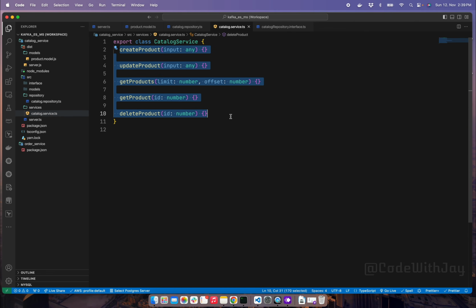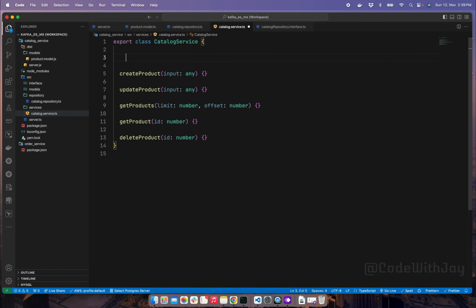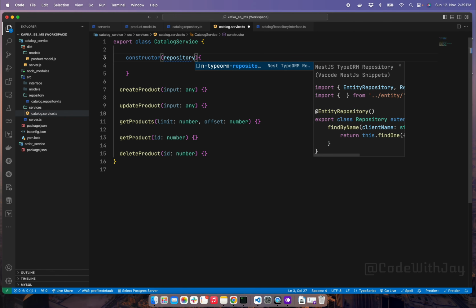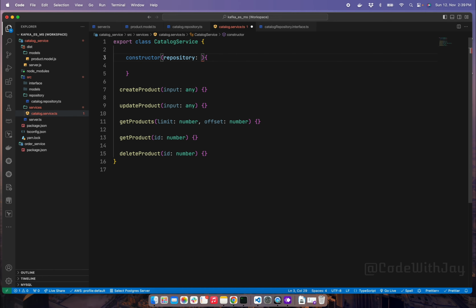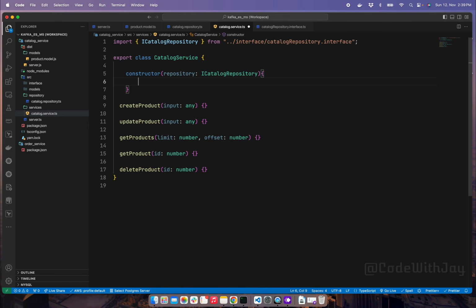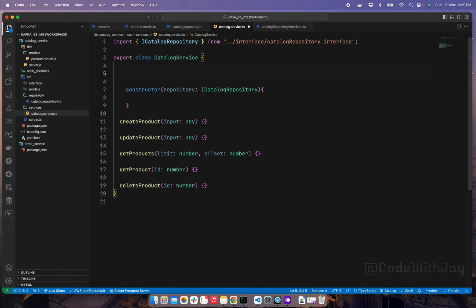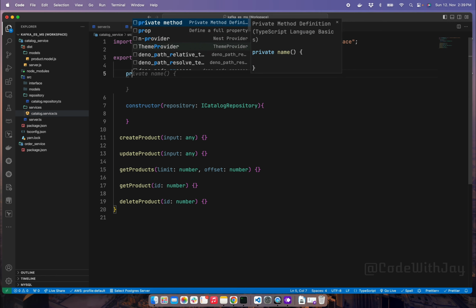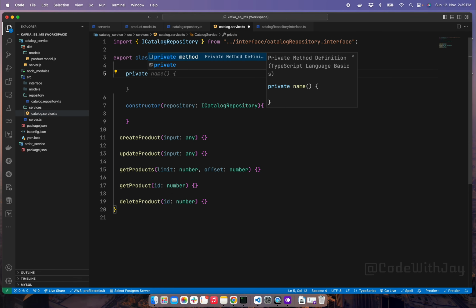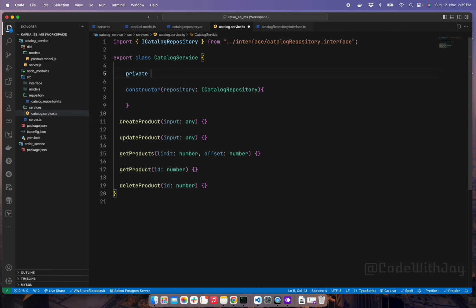But how can we hook up all these things with the repository? So let's try to create our constructor, which will carry our repository. This is going to be repository. Repository will be our ICatalogRepository. And here also provide a repository. This is going to be private because by default in TypeScript everything is public. So private. We don't want to expose our repository to any of the classes outside while we are creating this instance, right? So let's try to create it like private